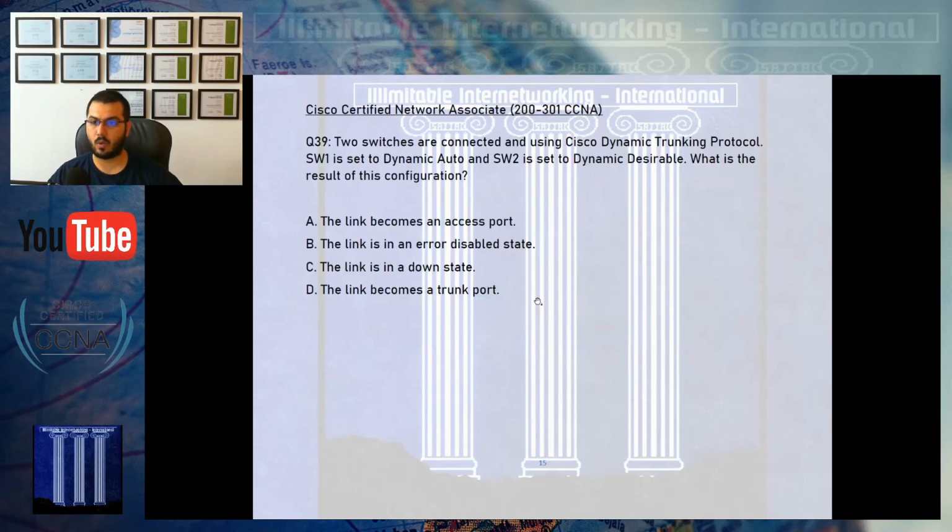Question 39 says that two switches are connected and using the Cisco DTP, the Dynamic Trunking Protocol that I've used in the trunking lab and also in the Mega Labs for the Arabic series. Switch 1 is set to dynamic auto and switch 2 is set to dynamic desirable. What will happen? Just like in LACP, or PAgP, I'm sorry, good coincidence that we have talked about it. DTP, since it's Cisco proprietary, has the same concepts as the PAgP aggregation protocol, which is that when you have